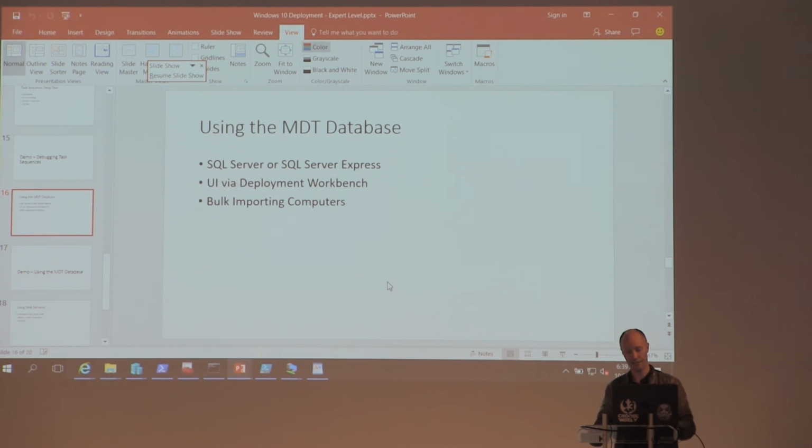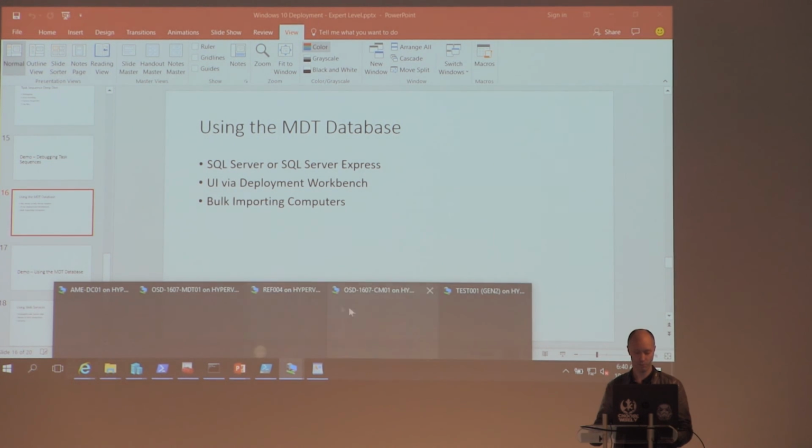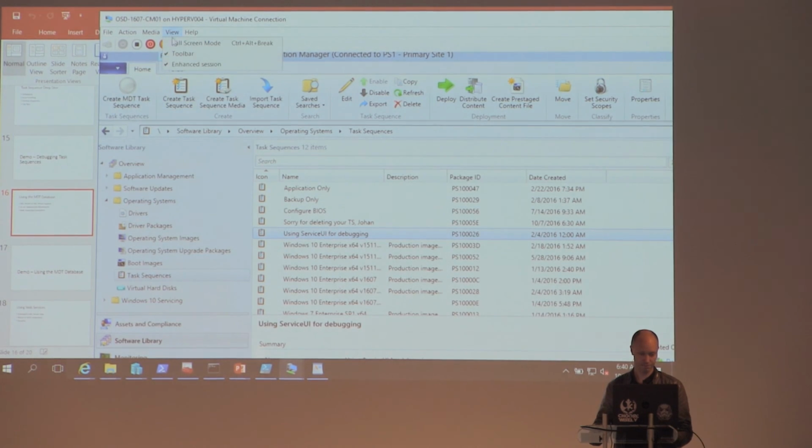So once you have everything in place, once you know how to deploy Windows 10 drivers and apps and whatever, you typically worry about how to assign settings. And for example, you can integrate with the MDT database. To give an example what that looks like,